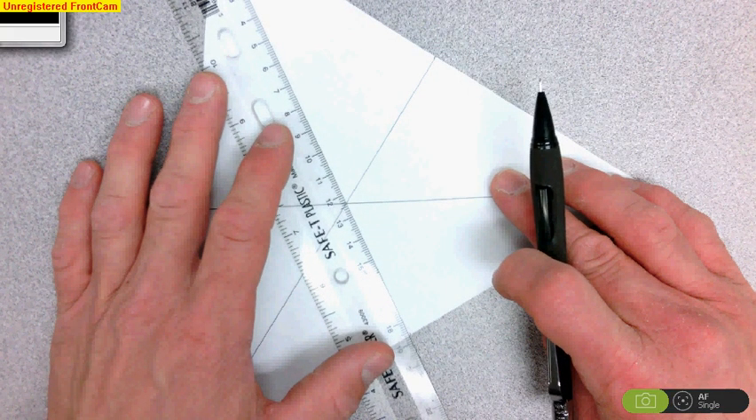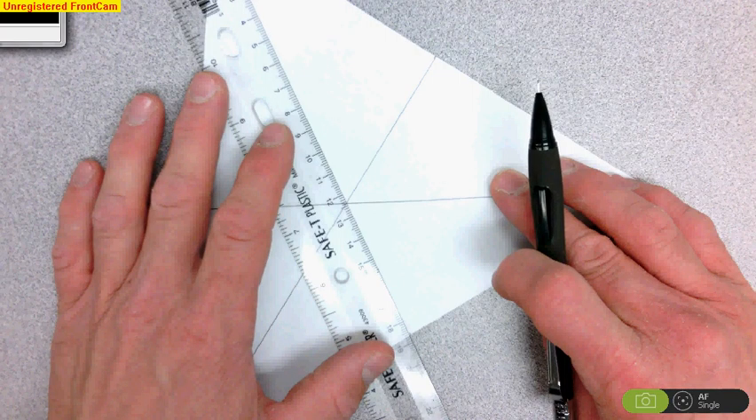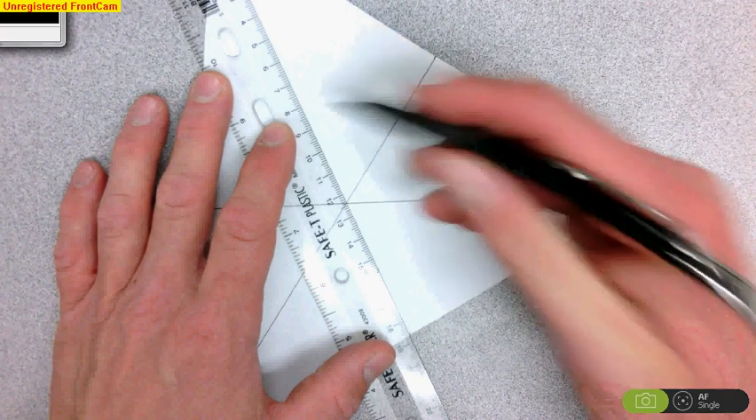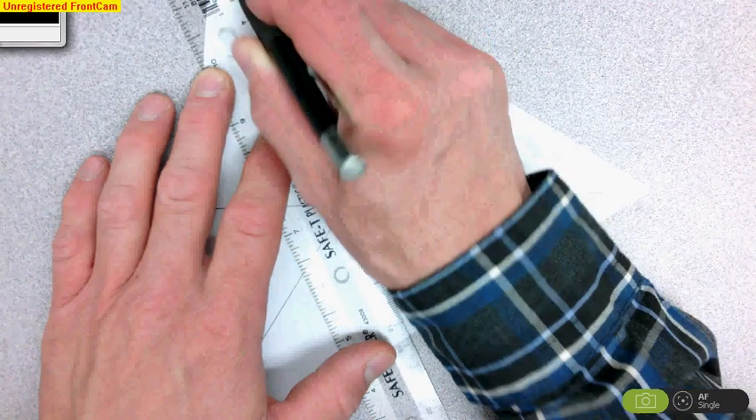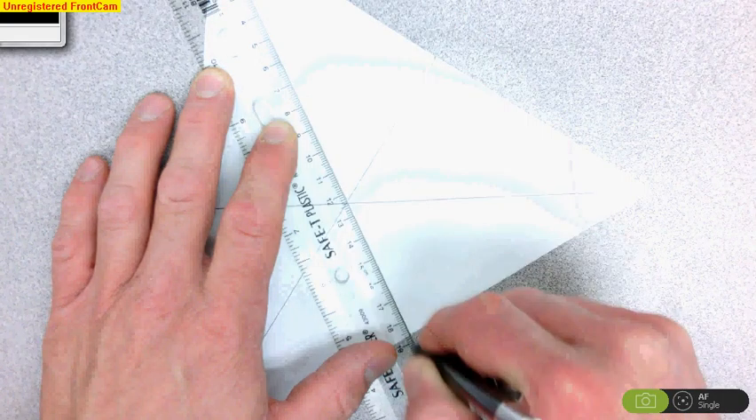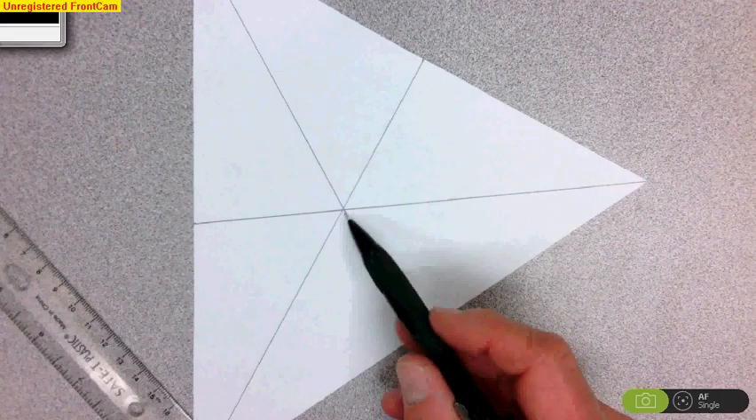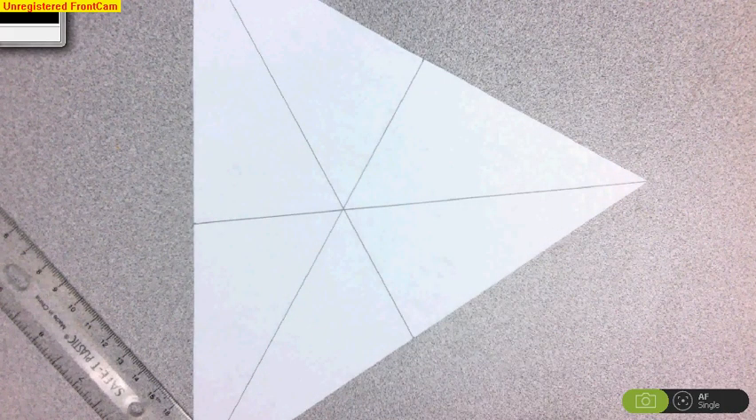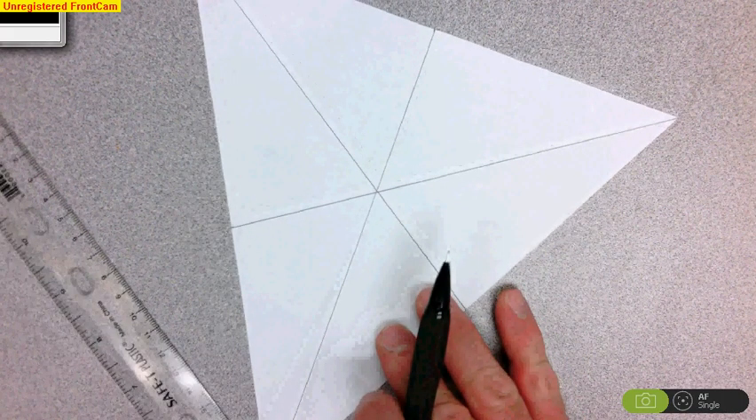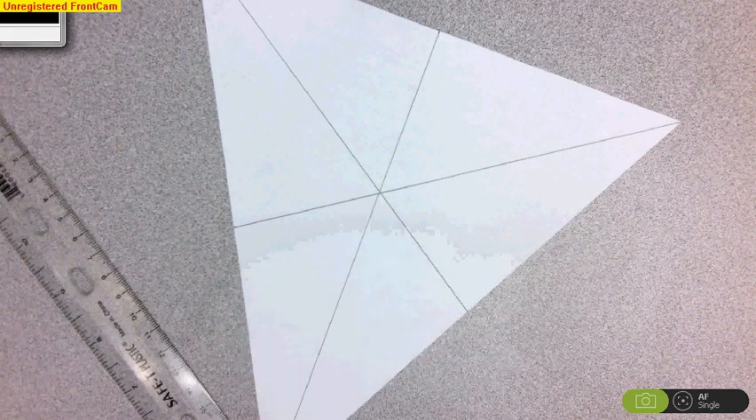This is my last one here. From the opposite vertex down to the median, and so they should all coincide at this one point, and that is the centroid. So once you do that, then you're going to end up coloring in those sides